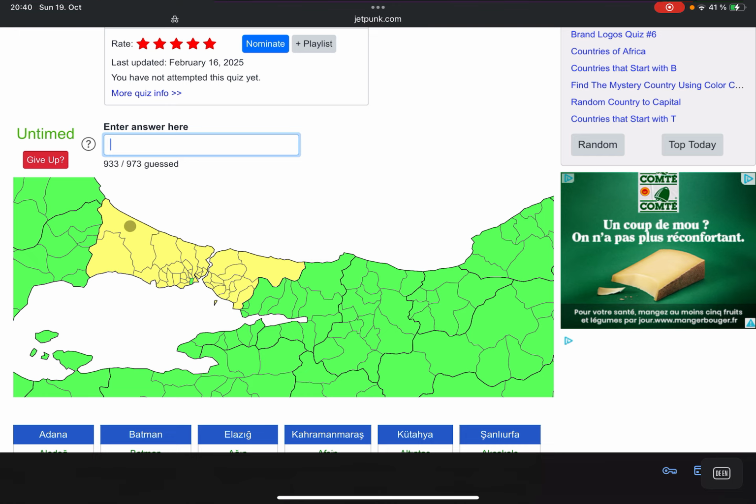So starting in the northwest, we have Çatalca, we have Silivri, we have Büyükçekmece, Arnavutköy, Eyüp Sultan, we have Başakşehir, Avcılar, Beylikdüzü,